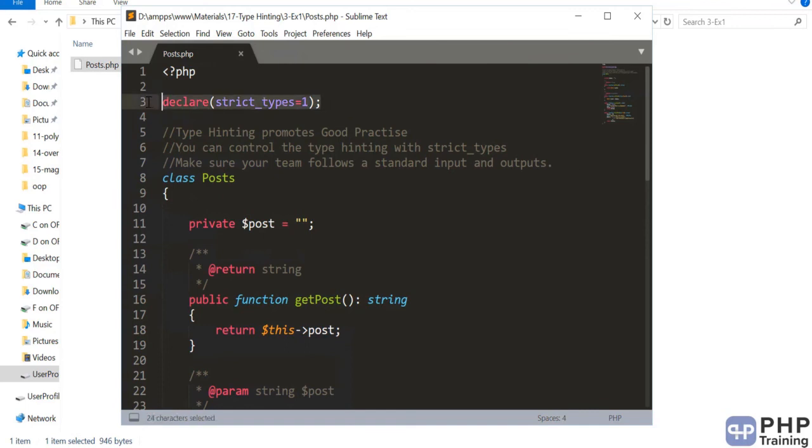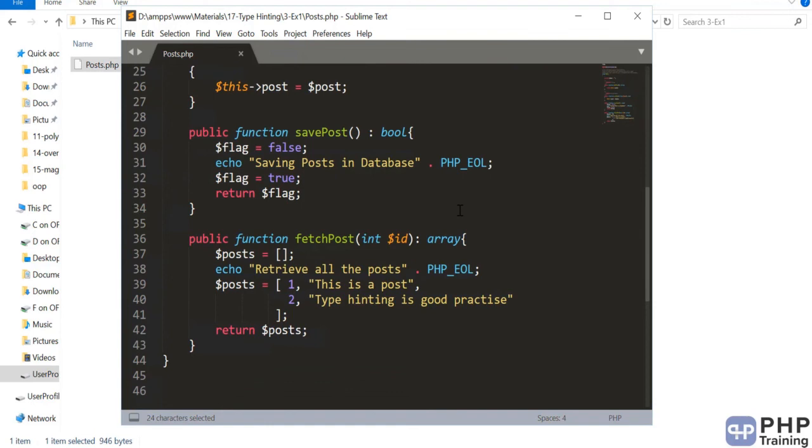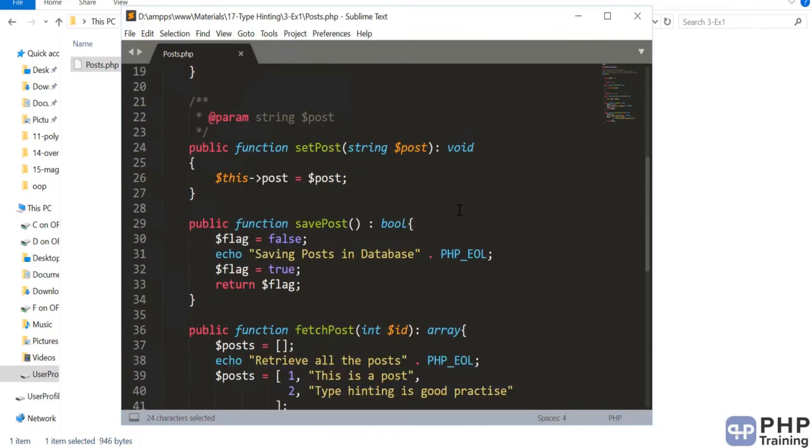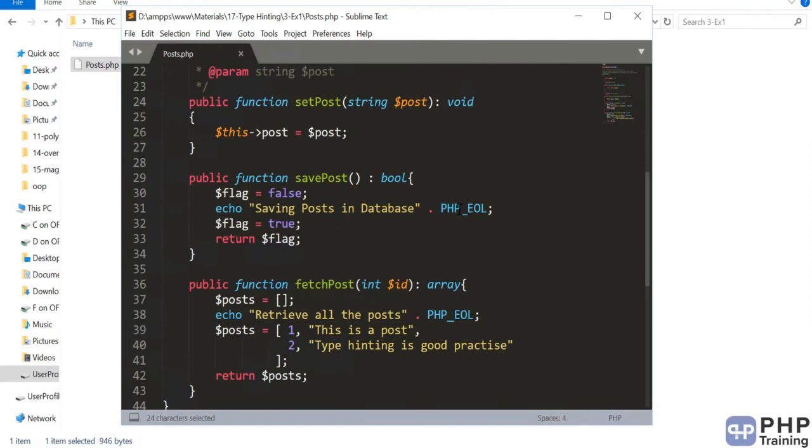We always declare the strict types at the top, and whenever we write the program, we make sure we follow all the strict types. Okay, so that there's no room for error when they are calling these methods with the wrong parameters and expecting a wrong output. Okay, and it also promotes readability. Just by reading the code, you know what the input and output parameters are. Okay, so this is the exercise. Make sure you do this exercise so that you get practice and a habit of writing the data types. Well, that's all on the exercise on type hinting, and I'll see you in the next one.